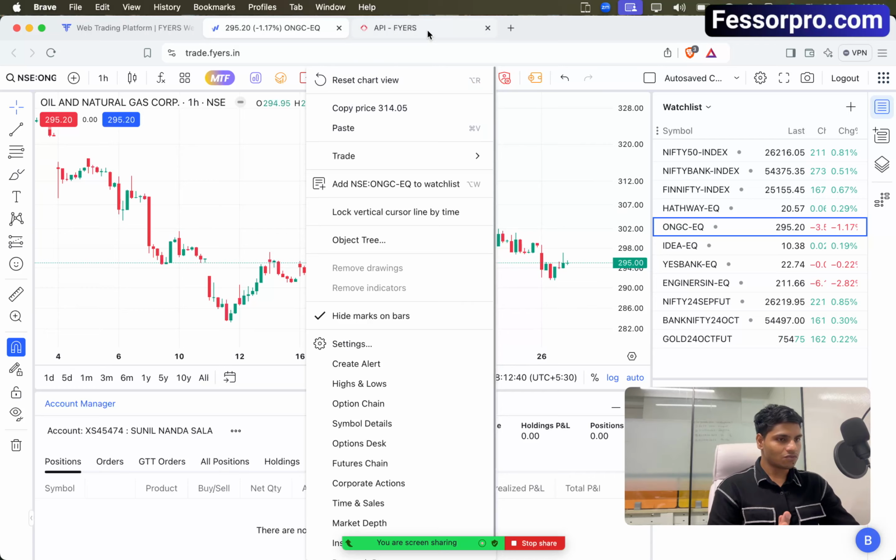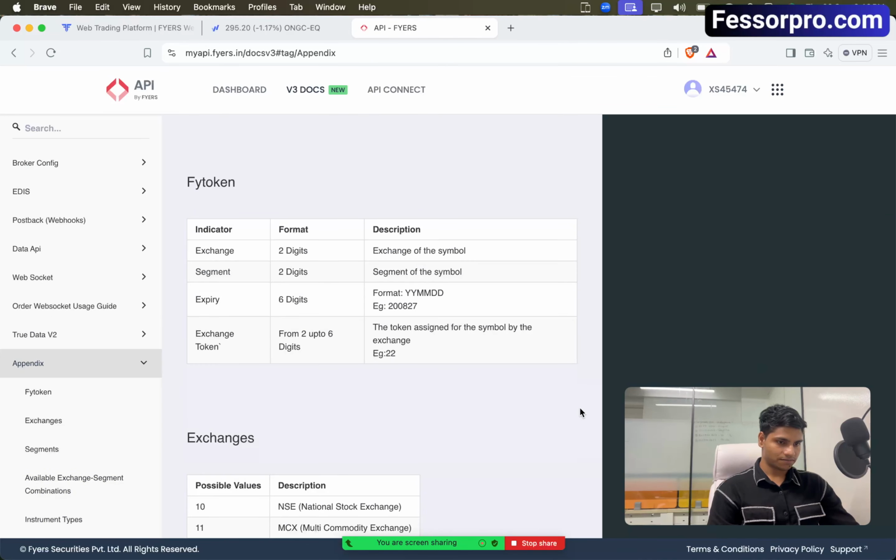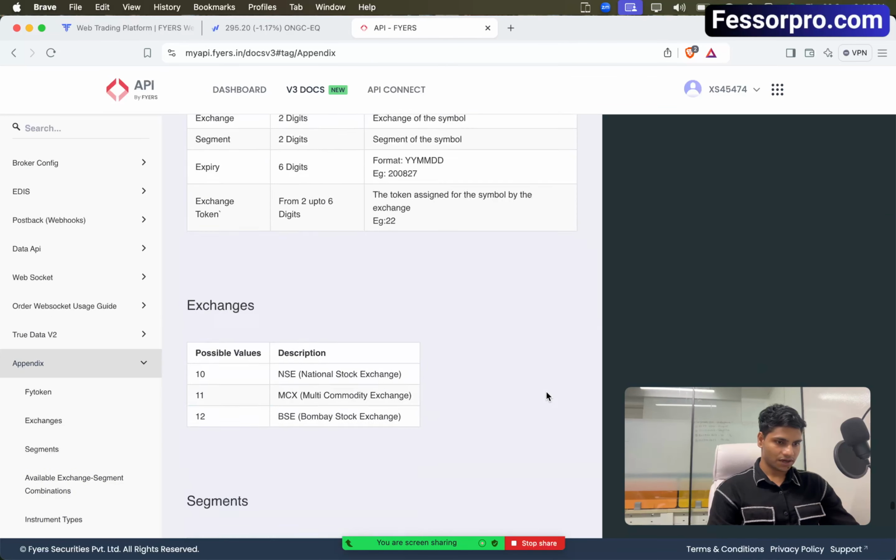Now, if you want to know more about it, you can just scroll down. In the extreme bottom, you'll find appendix, right? In appendix, you'll find all the information. So these are the three exchanges that they support: NSE, MCX, and BSE. And if you scroll down,